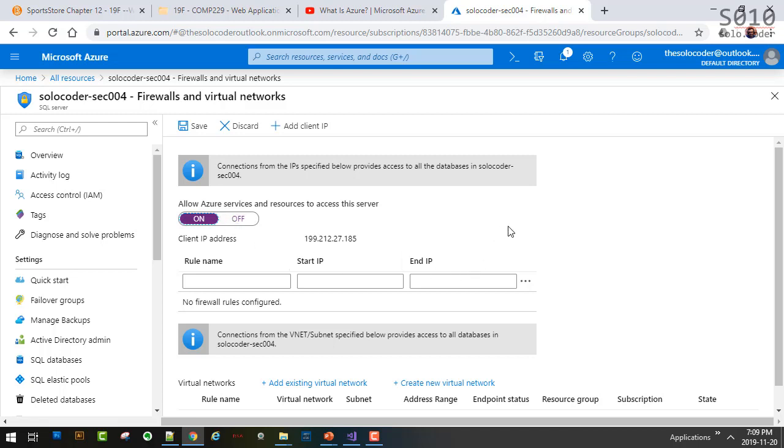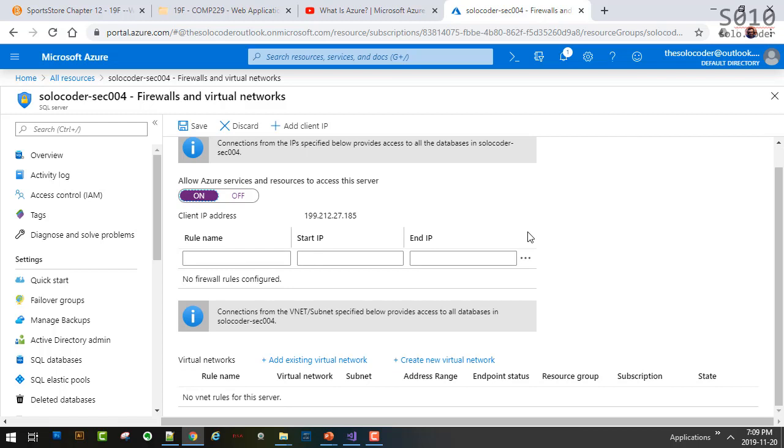The second one, look at this. Client IP address. What is this here? Who can have a wild guess as to what is this IP address here? Yes, that's the IP address of my connection. Now, it's just saying this for your information. Just letting you know, hey, you know that this is your IP? You may want, and that's exactly what we want, you may want to add this as one of the exceptions in the firewall to allow this IP to come in, okay? So to do that, I can just click this add client IP.